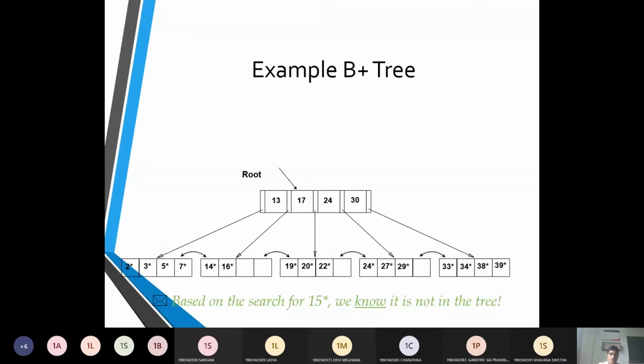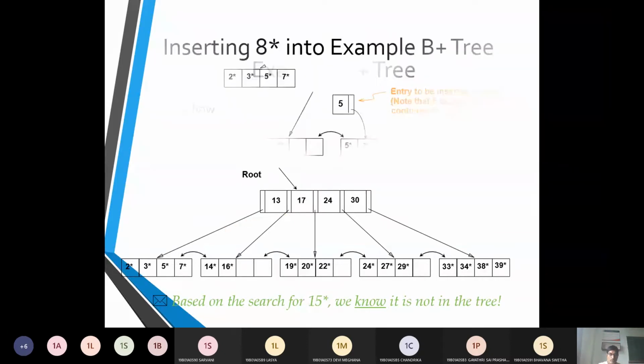The next thing was, here we are taking up 3 to 15, 17 to 24 and 30. We do have these values here. So it checks between 2, 3, 5 and 7 and 14 and 16. So okay, search is in okay. So I can say at this point of time between 13 and 15, the availability was not there, so I can say the search is unsuccessful.